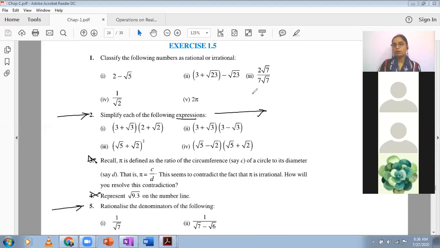And for these, I would like you to remember the identities that you used last year, where you learned about multiplication of algebraic expressions. आपने last year किया है, you have learned how to operate on algebraic expressions, performing addition, subtraction, multiplication, and division. So this here actually is multiplication of expressions, which will be dealt with the same way you used to multiply algebraic expressions. So I'll just start with the first part.